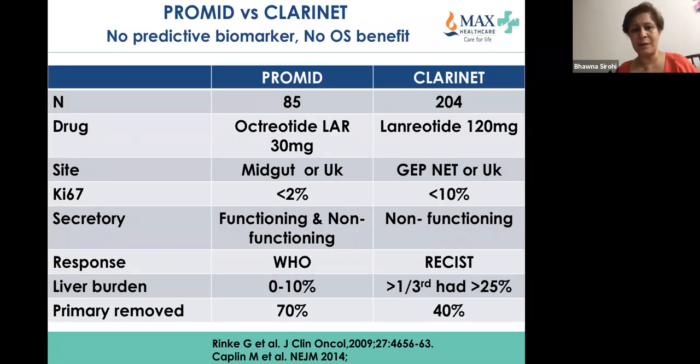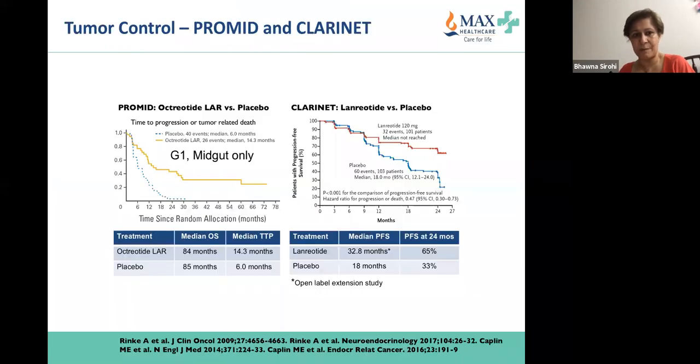So these were the 2 trials actually for the medical oncologists. This is very important: CLARINET and PROMID. CLARINET had lanreotide and CLARINET had GEP-NETs. That's why I was saying that even though the octreotide was only in mid-gut, we tend to use it in pancreatic tumors as well, because lanreotide is not available in India. And 70% in the PROMID trial had the primary removed, while in CLARINET about 40% had the primary removed. And as you can see in this slide,